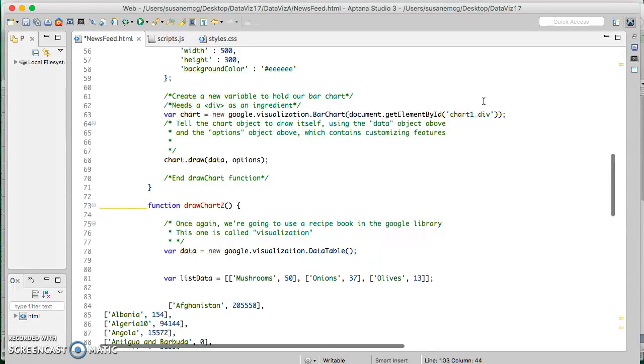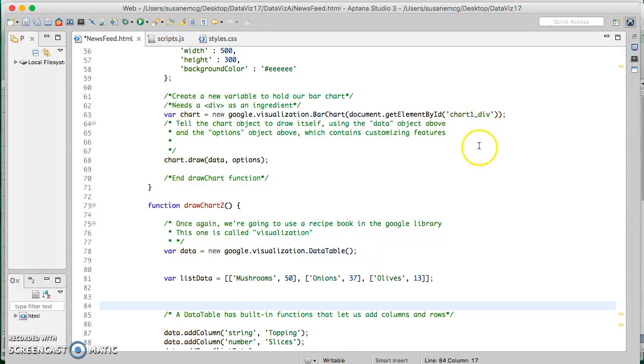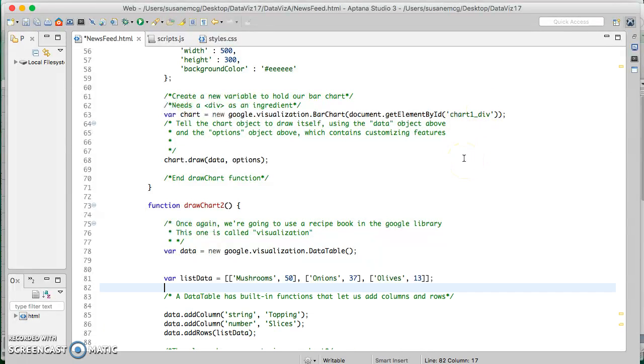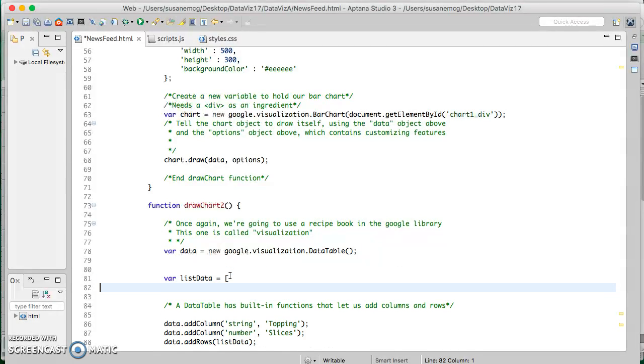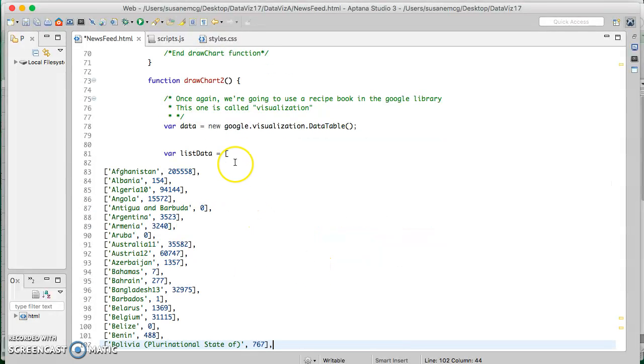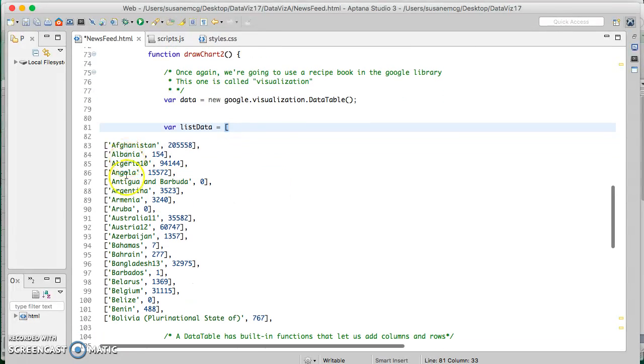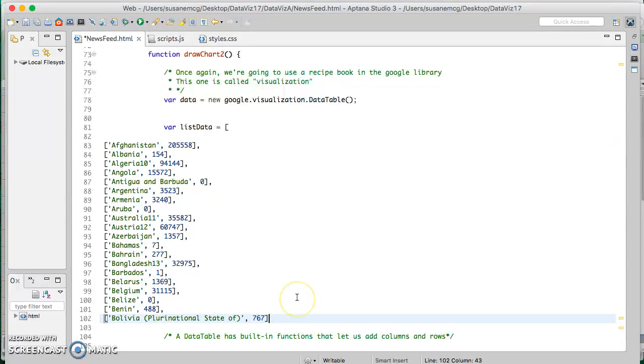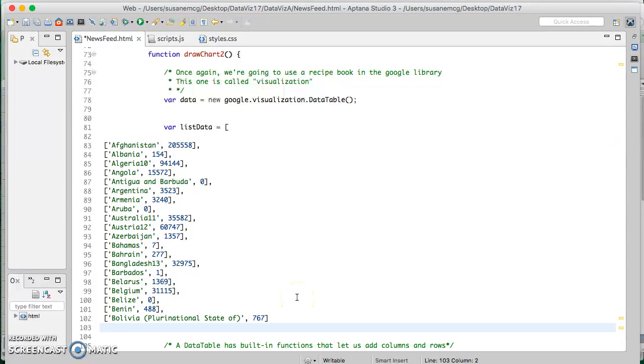So instead what I'm going to do is, well, I am going to put it in there. I'm going to use it to replace this. Okay, so I'm going to do this. So remembering that this is the beginning of my list of lists, right? Here are my individual items. I don't need a comma on the last one,